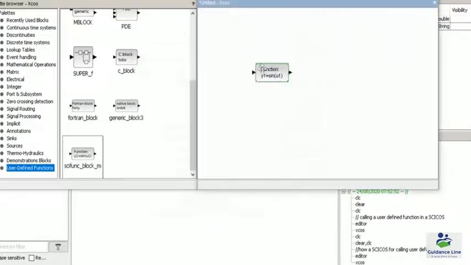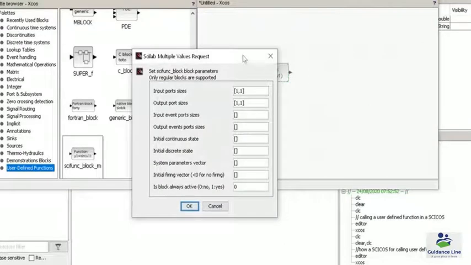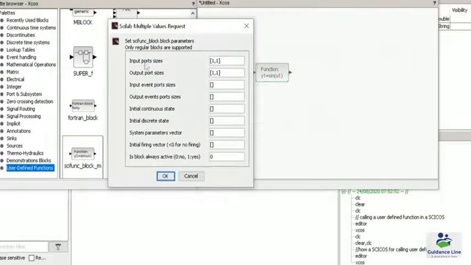So for modification of the parameters of scifunc, I simply double click on the block and modify the values of input and output ports as required. So for now we have only one output argument and one input argument in the function. So we require one input port and one output port.